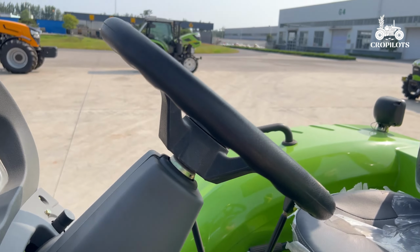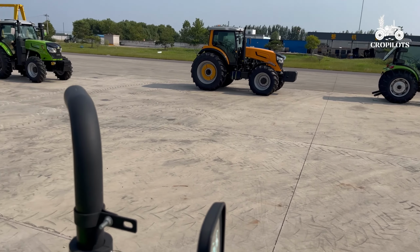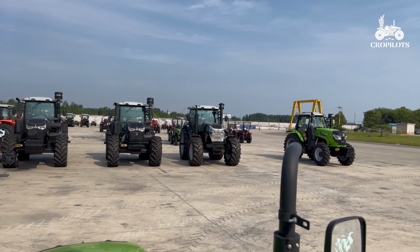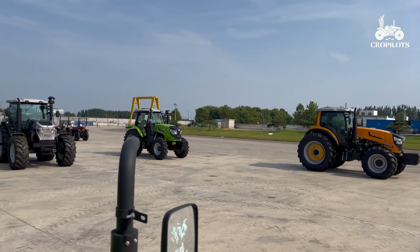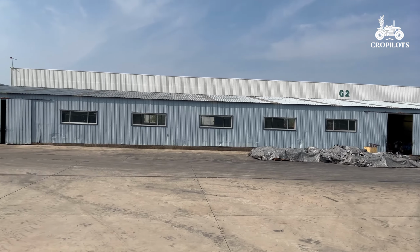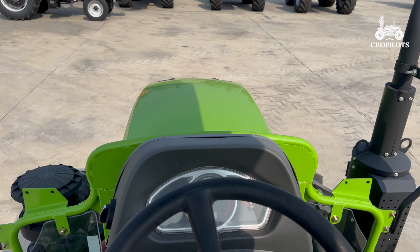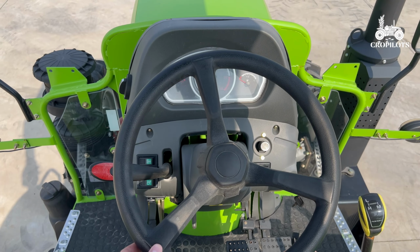Imagine sitting atop the Cropilots 90 horsepower tractor with a panoramic view of your surroundings. The spacious operation platform is designed to provide an expansive vision, making every task easier. No more straining to see around obstructions or guesswork when aligning crops. With such clarity, precision in tasks becomes second nature. Plus, a broader viewpoint means heightened awareness of the environment, increasing safety while working. In essence, this tractor doesn't just offer power, it brings clarity to every job, ensuring tasks are done efficiently and